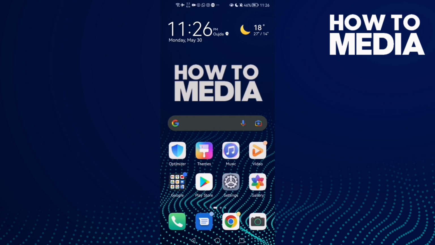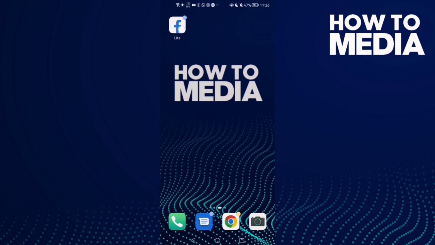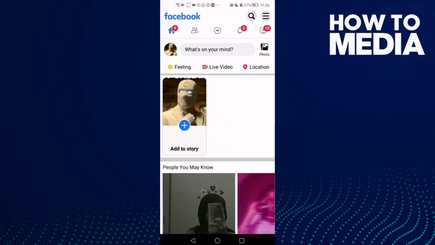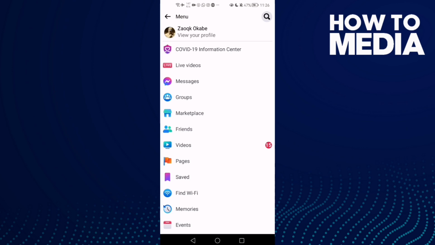How to make no one can see your languages on Facebook Lite. Hello guys, in today's video I'm gonna show you how to make no one can see your languages on Facebook Lite. First thing, go to Facebook Lite and here you will find these three lines in the top corner